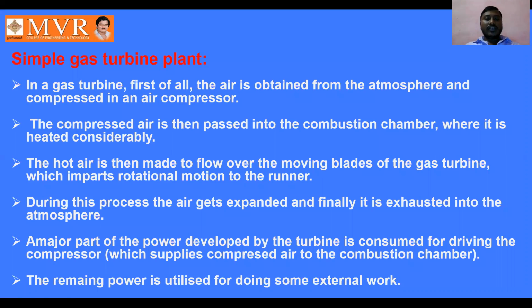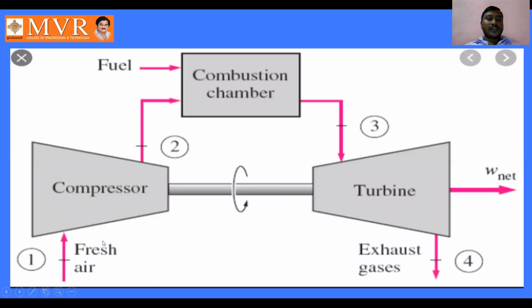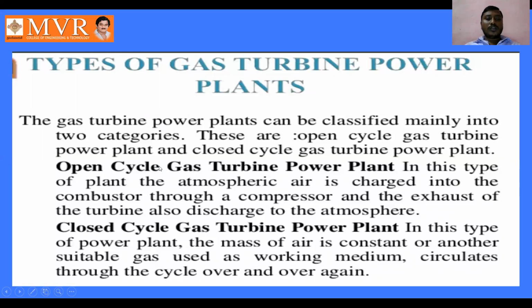Means, as I have shown you here, the fresh air enters into the compressor, and it is going to discharge the hot or exhaust gases into the atmosphere. This is what the open cycle gas turbine plant is about. As it is open, the hot gases which are developed are going to be exhausted into the atmosphere. Coming to the closed gas turbine, in this type of turbine plant, the mass of air is